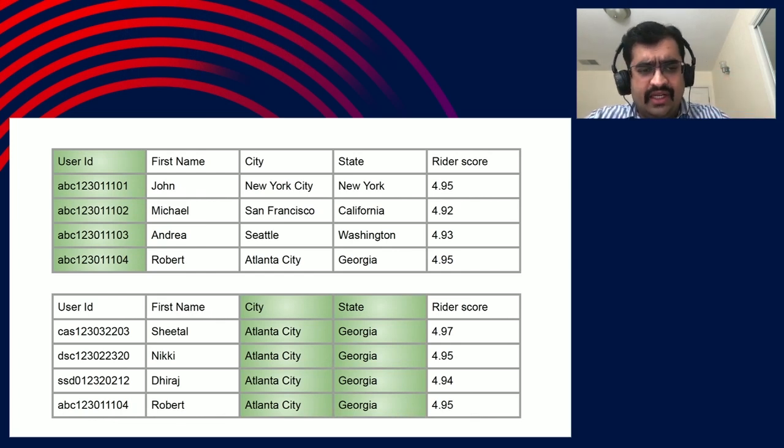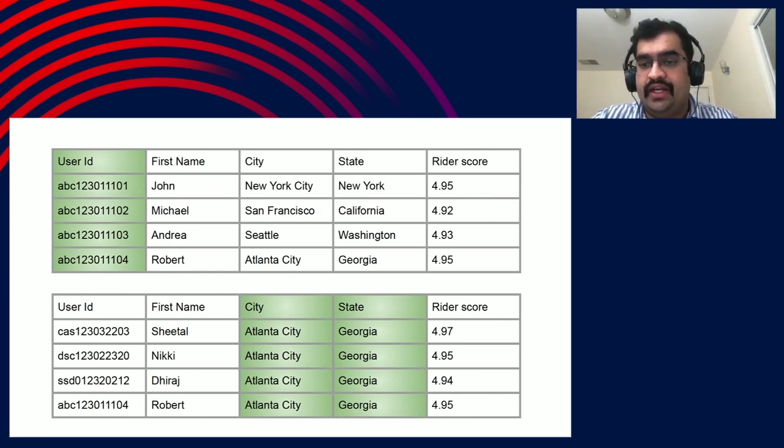Now, if you store the bottom table in Parquet, column 3 and column 4 have identical values. So in the upper table, if you store in Parquet, you would have ended up storing roughly about 10 values, 5 for city and 5 for state.